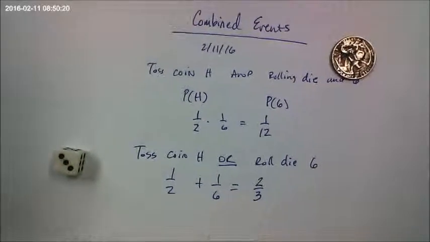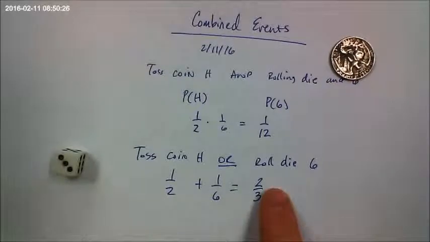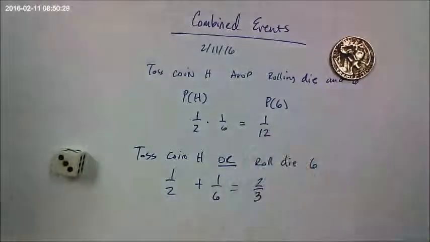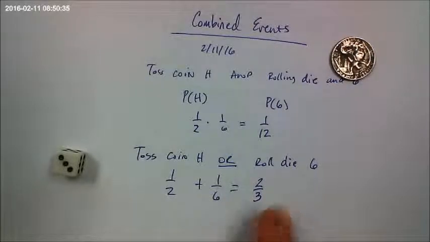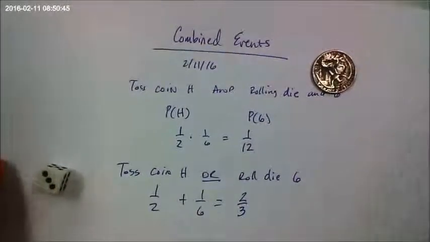Let's talk about what we did yesterday with expected value. Let's say this is worth $10 if it happened, and this is worth $10 if it happened. Which one would you try? The or, for sure. It's far more likely that you're going to get $10. You're going to get, on average, 2/3 of $10. Here you get 1/12 of $10. Okay. So let's do a little experiment.